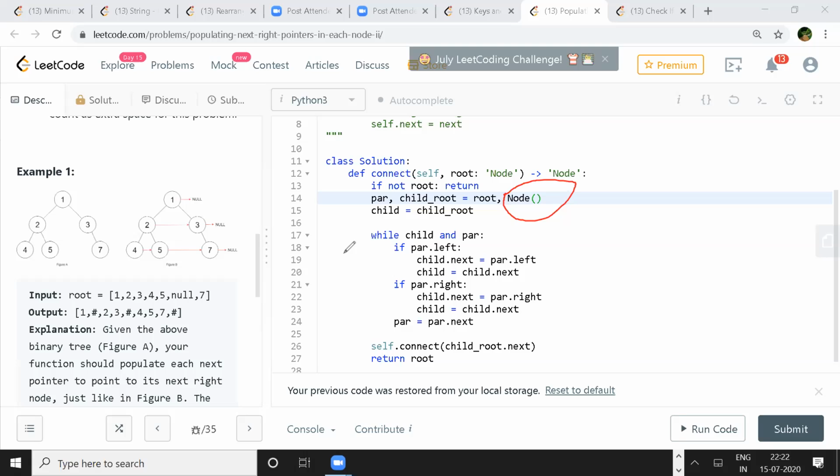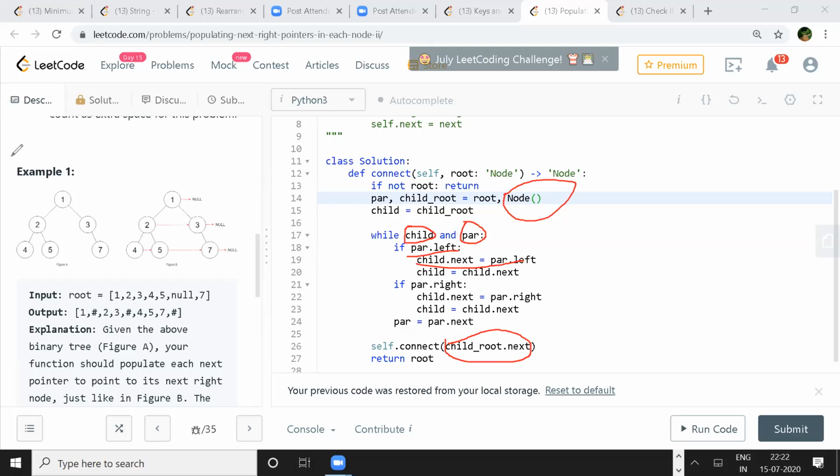Yeah, initially we are initializing with a node, right? And in line number 15, child is having the child root, so it will be getting this node which is an empty value, right? But this is a reference. This is the address we are checking, not the value. Yeah, so the address is existing, right? You have a child and you have a parent. Then we are checking whether parent left exists or not. If we are having the parent's left child, then the child's next will be your parent left. And here we'll return, since it is a dummy node, from the next node.